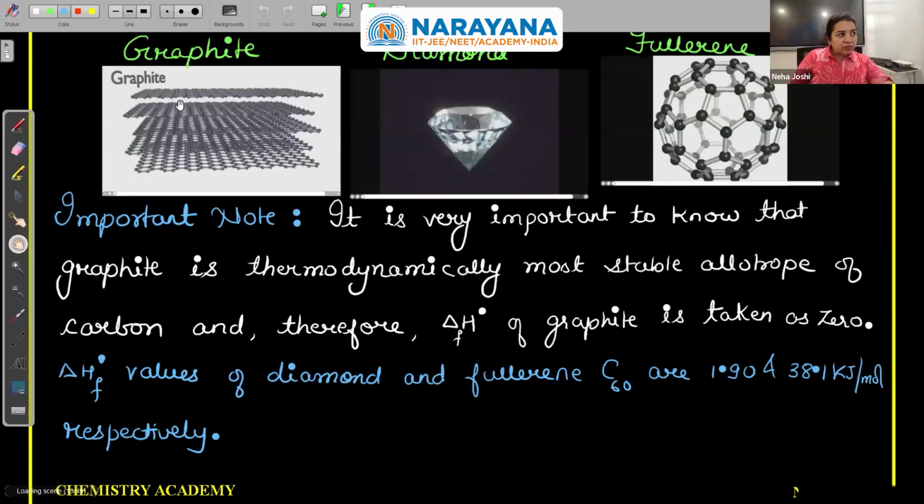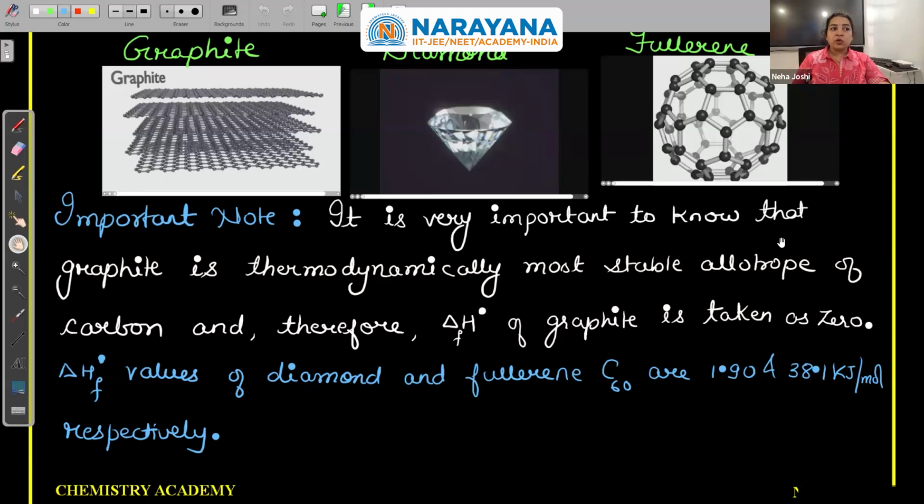Okay, so see, graphite is like this: layers, layers, layers. So it is slippery. Diamond, whereas fullerene has rings of 5 member, 6 member. Again, there is a 6 member, right? So one 5 member ring is bonded to 5 six-membered rings like this. And one 6 member ring is bonded to three 5 member and three 6 member rings. That is how the structure of fullerene is.